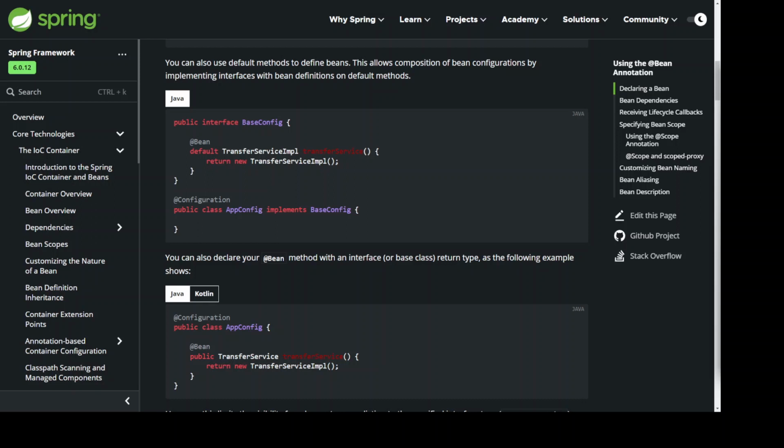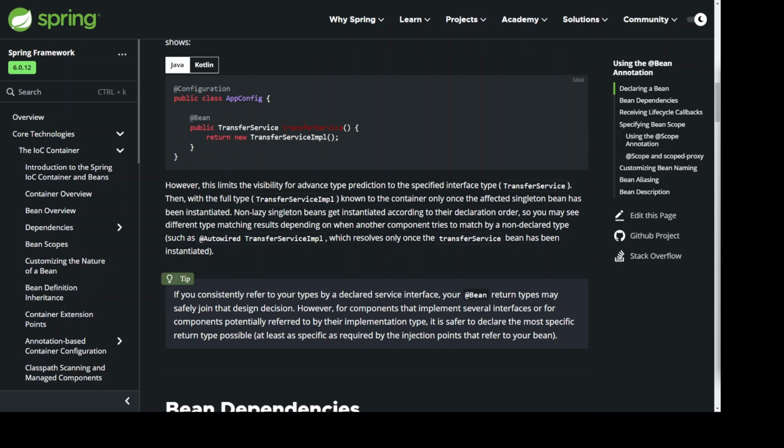Config. You can also declare your @Bean method with an interface, or base class, return type, as the following example shows. @Configuration public class AppConfig { @Bean public TransferService transferService() { return new TransferServiceImpl(); } }